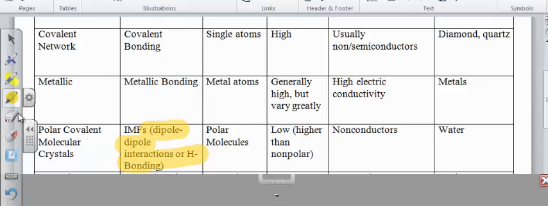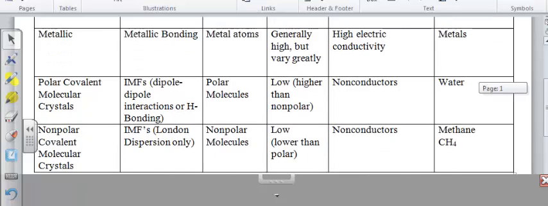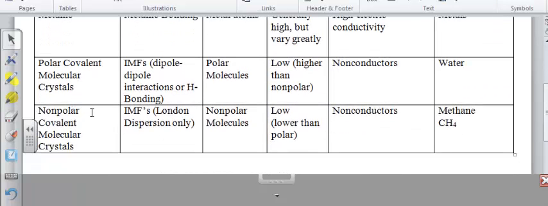So you've got polar covalent that are one type held together by IMFs, and the other type, our last type of solid, is going to be nonpolar covalent. Now it's going to come back to whether we have positive and negative ends or not, just like we saw with Unit 6, and we'll do some more work on this and review it, so hopefully we can polish this up a little bit. Nonpolar covalent are also held together by IMFs, just like polar. However,